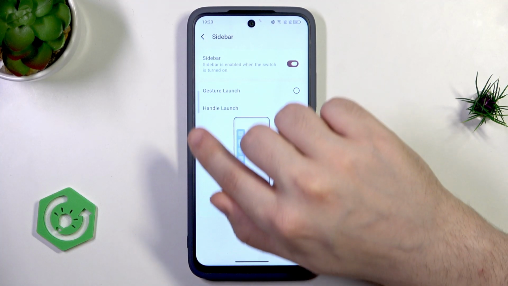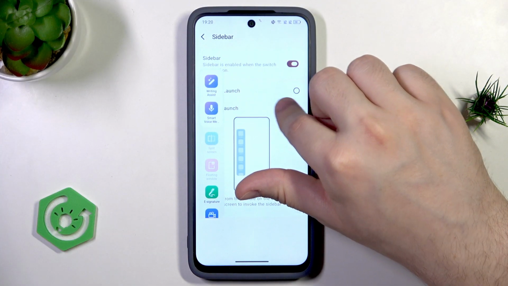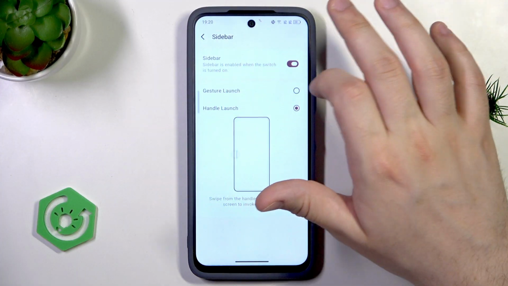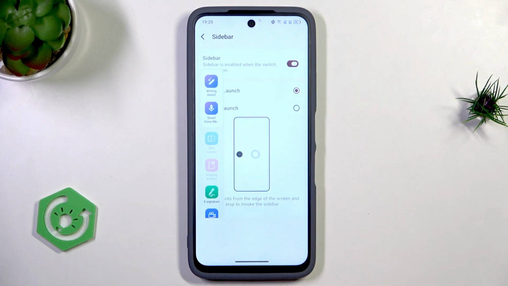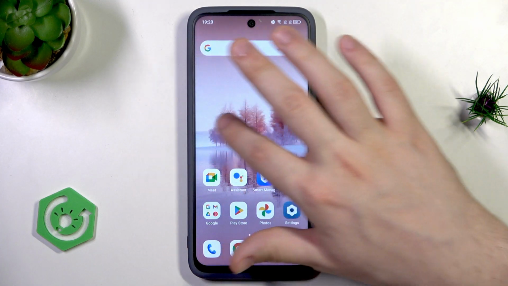So now basically we have this thin gray bar right in here that we need to slide to open up the sidebar, but we can also enable the gesture launch. For that we need to again perform the slide move, but we need to hold our finger on the screen for around half a second to launch the sidebar. So let's open it up,